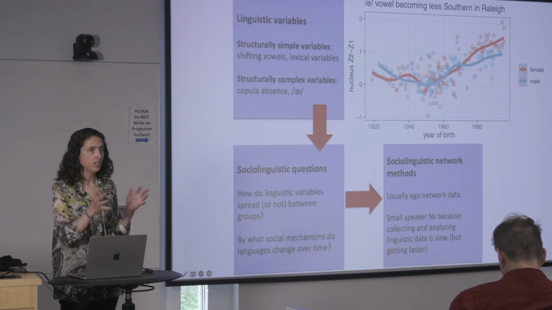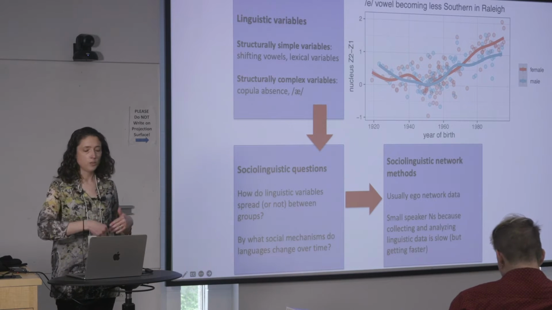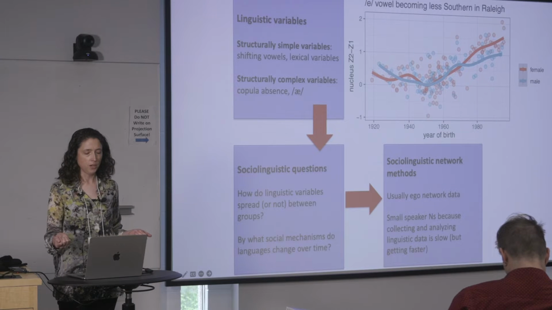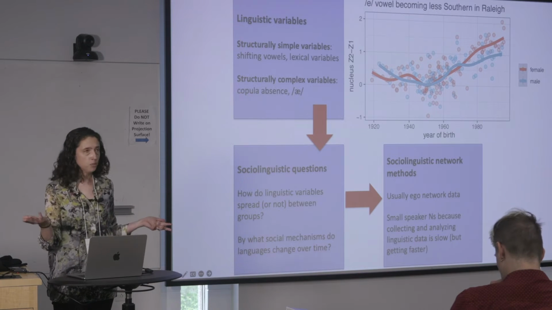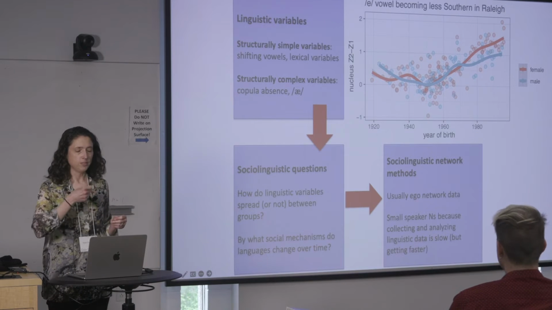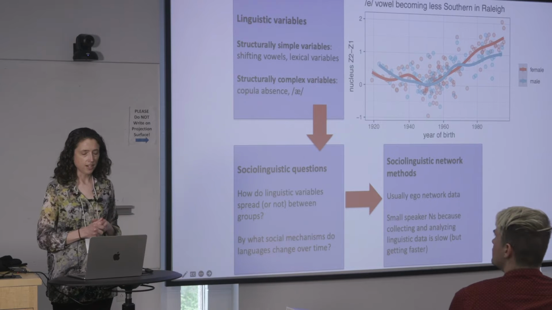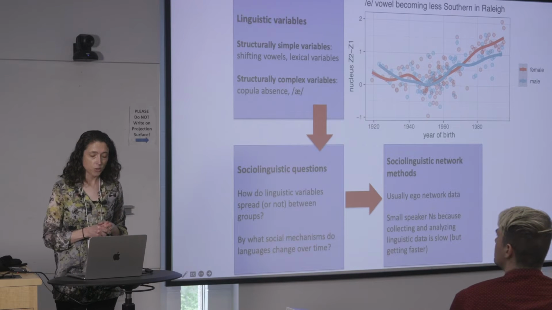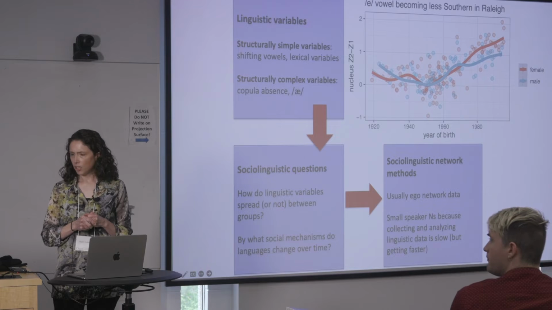So each speaker's mean value is based on just them saying words with the sound A in casual conversation. So I, or a graduate student, had to go sit with them and record them for an hour or so, usually in their living rooms, you know. And then that all had to be transcribed and, you know, linguistic data extracted and so on and so forth. So our ends are pretty small because,